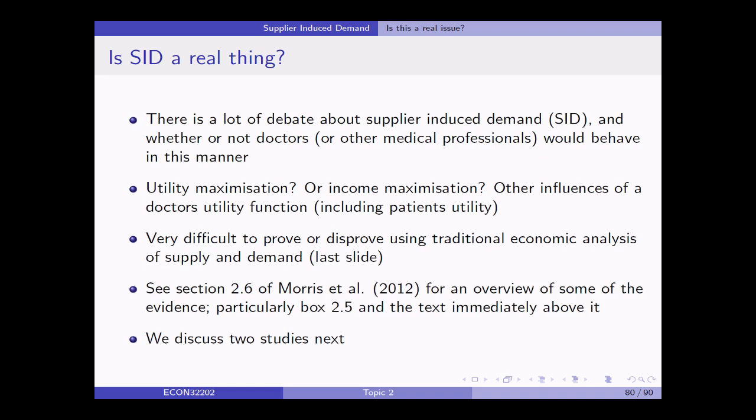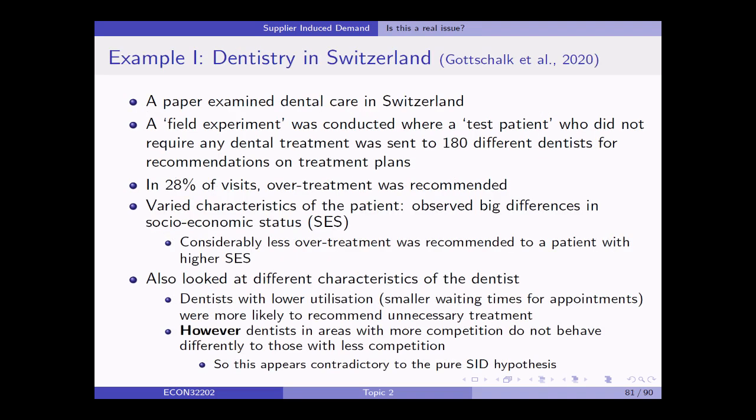So essentially people have done lots of interesting studies to try and look at the real world to see what happens when you've got changes in the supply. Or is supply-induced demand the real thing? So one study that seemed to find quite compelling evidence that supply-induced demand was a real thing was what they called a field experiment in Switzerland,